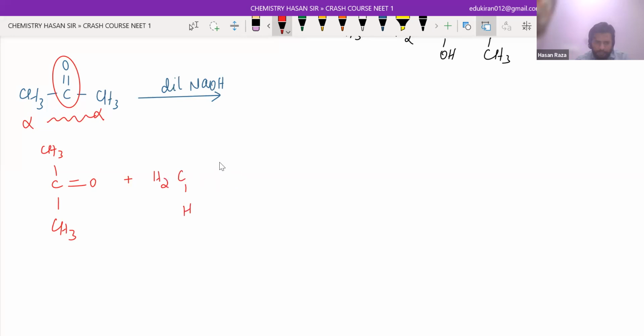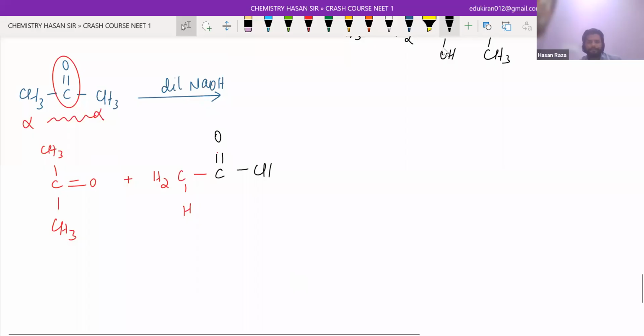So I'm going to write it like this. C double bond O and CH3 will be here. And you are going to remove this. And then water will be eliminated, and you will be getting directly